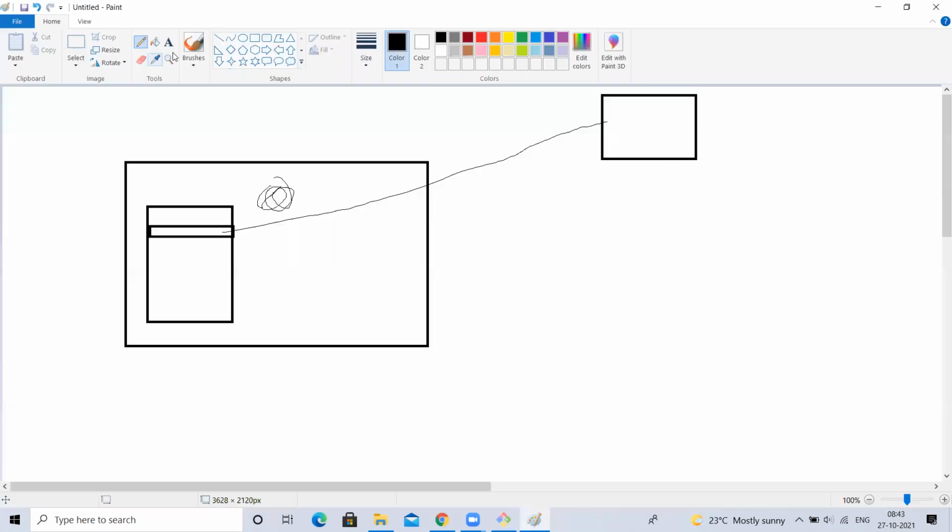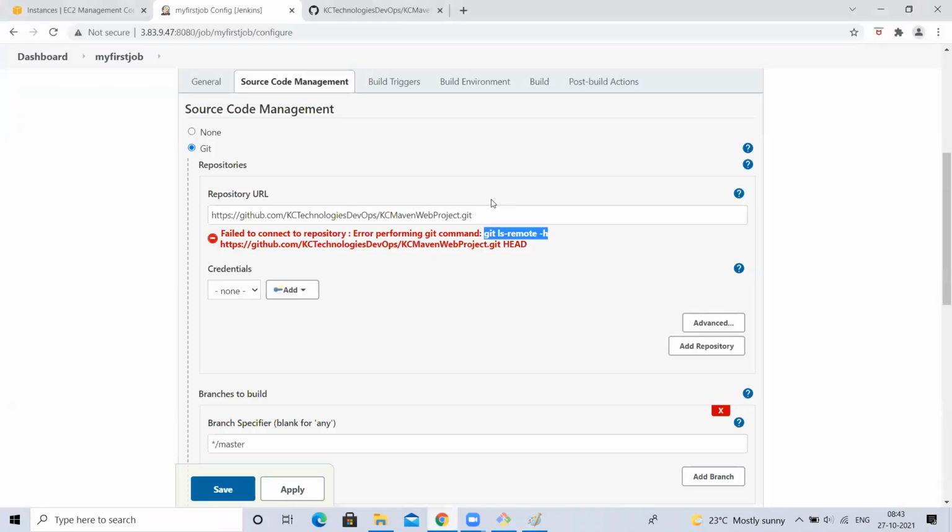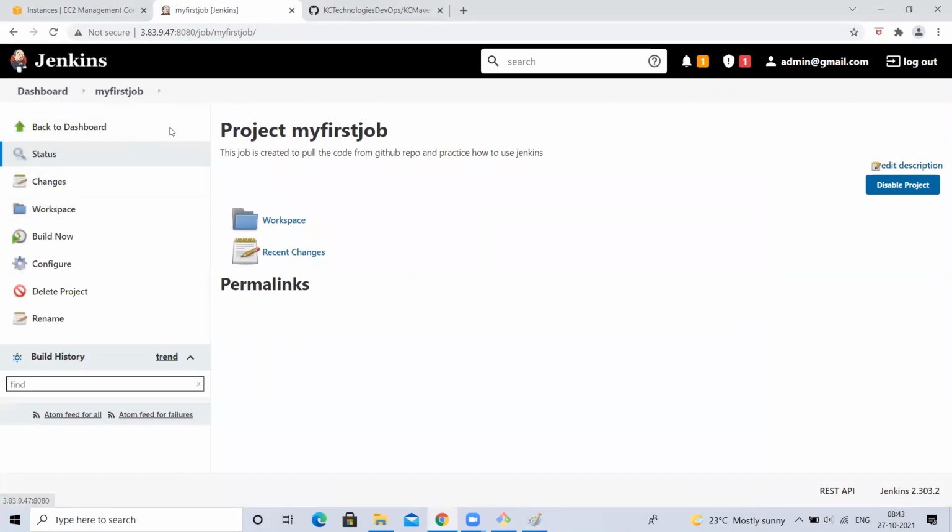Okay, I have Git. Now to check that, let me modify this. Just remove the t, keep the t, and put it here, right? Still it is throwing an error. Why? Can you guess? Because you haven't reloaded. So let me save the job and edit it. So I saved that job, the same job.